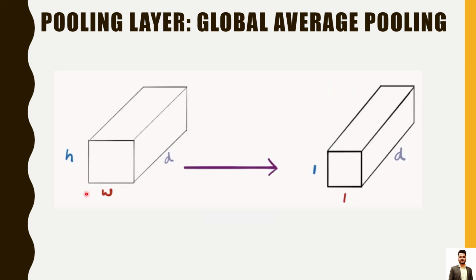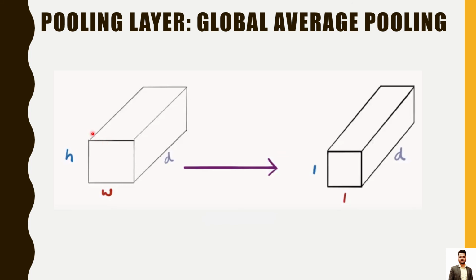H and W are the height and width of the image, and the depth is D. So this is an image of H and W with the channels of D. D is the channel, the depth of the image. Similarly, if you take the average of all the numbers in this H and W at the depth of 1, let's say we are talking about the first HW, you have to take the average of the full values inside this first square here and put it as the first value here on the right hand side. So the average of all the numbers here will be written here in 1 cross 1 value, single value.